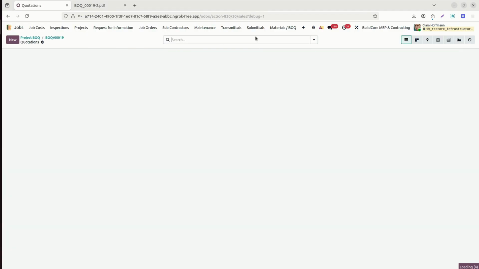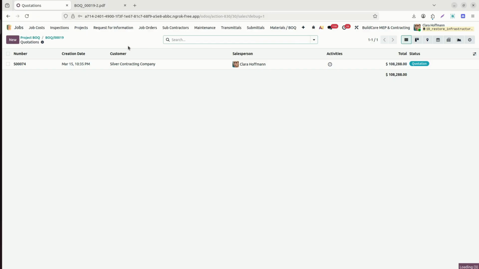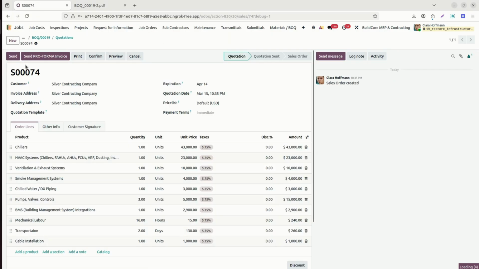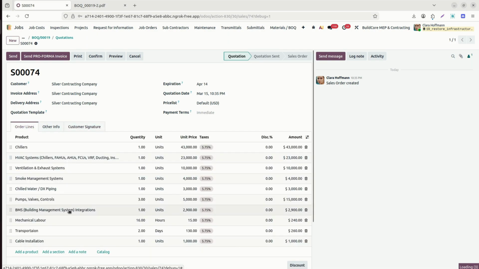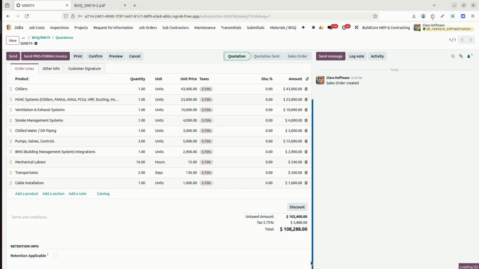Now we have the option to create the quotation. We already created a quotation from the Create Quotation button. Once the quotation is created, it is also available for the customer on the portal to accept and sign. You can see here the signature is available. Now for all the lines, it is a combination of material, labor and overhead. You can add a discount if required. On this stage, you can enter other details, add notes or a catalog.